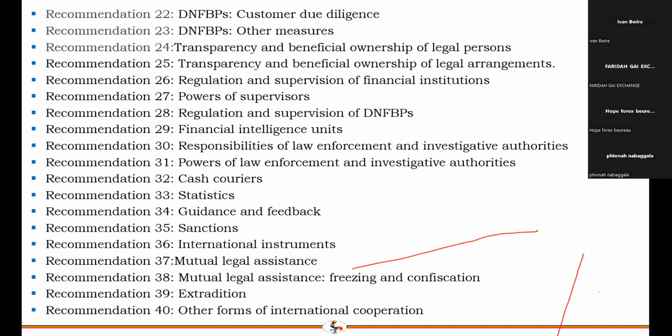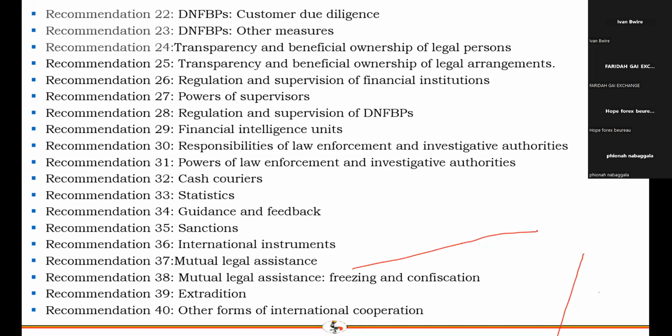So IRA has to enforce compliance on AML for all the insurance players, BOU the same for the financial sector, CMA the same for the securities sector. And this recommendation highlights the powers that they have to obtain documents, to conduct inspections, to enforce sanctions, to issue directives in case of non-compliance. So it highlights the powers that the BOU has to enforce compliance under the Anti-Money Laundering Act.